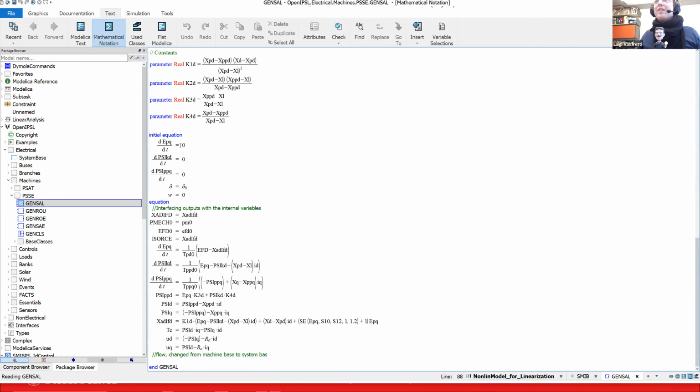So you have here the differential equations for the voltage behind the transient reactances and the fluxes. There is a use of the object orientation also. So you're not seeing the swing equations, because all the models use the swing equation. So object orientation, we type once, we use everywhere.